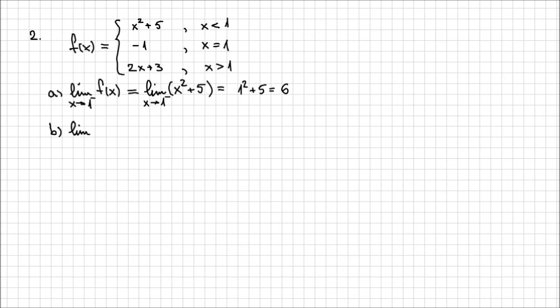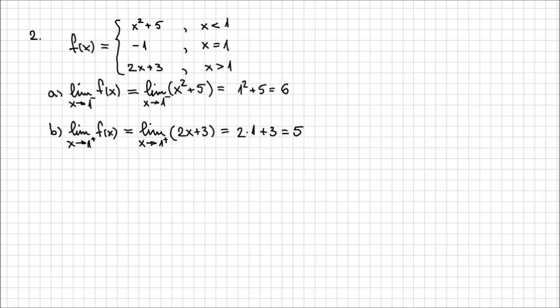Now the next point is asking us to determine the limit of f of x when x approaches 1 from the right. In other words, when x is greater than 1. So if that's determined, that x is greater than 1, from the definition of the function, the expression is 2x plus 3. So I'm going to continue to say this is equal to the limit when x approaches 1 from the right of 2x plus 3. This is the expression we choose for f of x this time. And by replacing the variable x with 1, I'm going to end up with 2 times 1 plus 3,